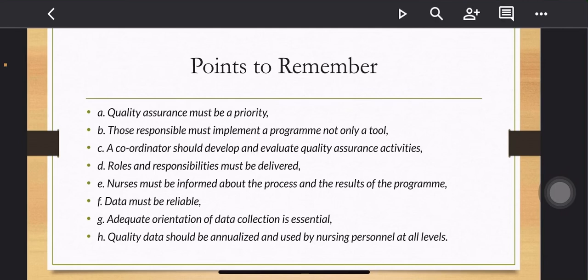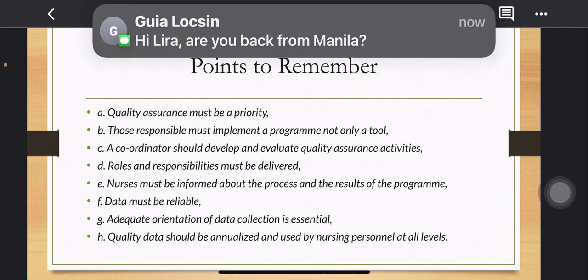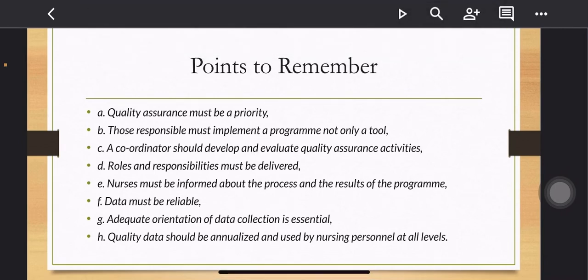Those responsible must implement a program, not only as a tool. A coordinator should develop and evaluate quality assurance activities. The roles and responsibilities must be delivered. Nurses must be informed about the process and the results of the program, and data must be reliable. Adequate orientation of data collection is essential, and quality data should be analyzed and used for nursing personnel at all